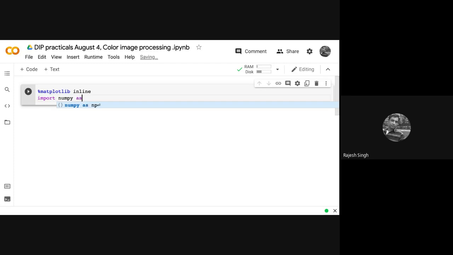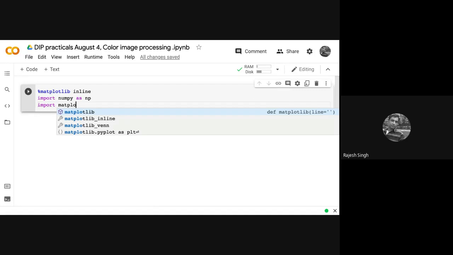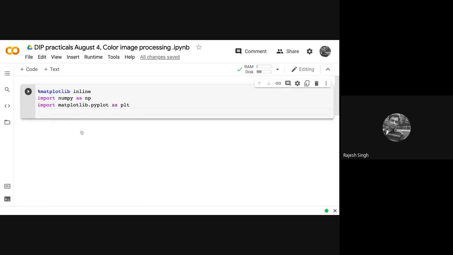Import numpy as np and import matplotlib as plt. These we are going to use as our default libraries.